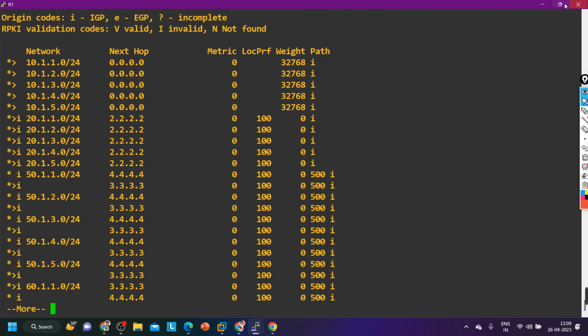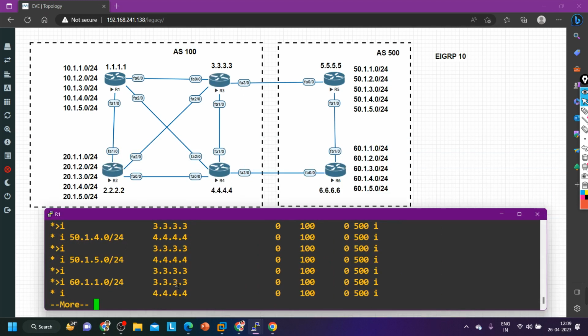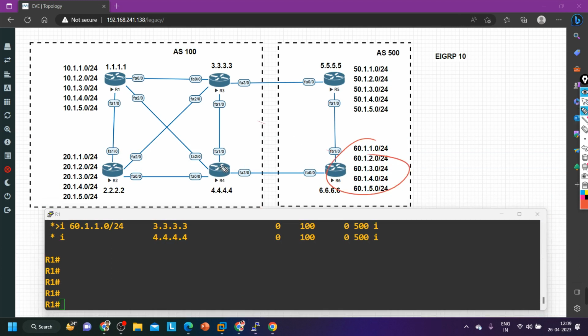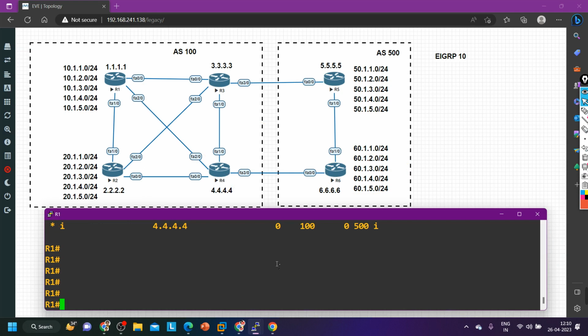Yes or no? Now I am going to increase some weight via router number 4. So if router 1 will receive these prefixes via router number 4 with more weight value, then it will install all prefixes via router number 4 in the routing table, because as you know higher weight is always preferred. So on router number 1 I can add some weight, config t